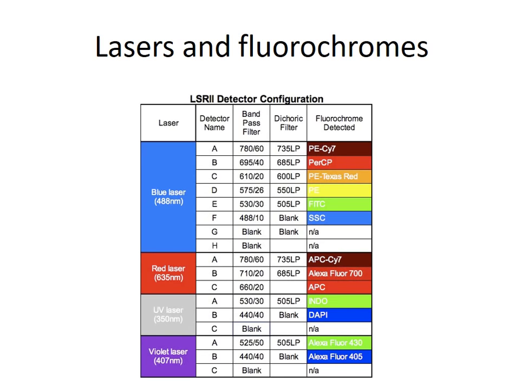So, another thing to consider is what we have here is a range of different fluorochromes, okay? All these fluorochromes here can be used for flow cytometric analysis. But the other additional factor is you can use different lasers, okay? So for the blue laser, I can use this range of fluorochromes. For the red laser, I can use these fluorochromes. For the violet laser, I can use these fluorochromes. And the reason I'm highlighting this is